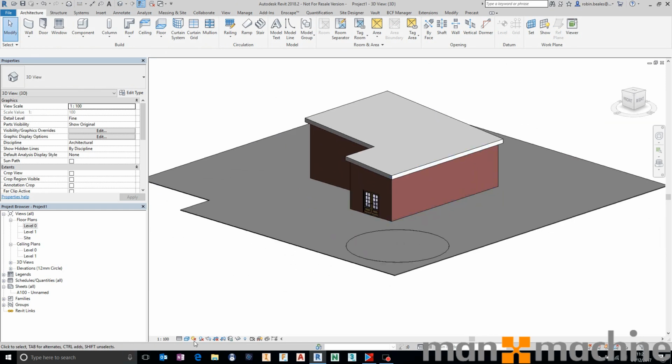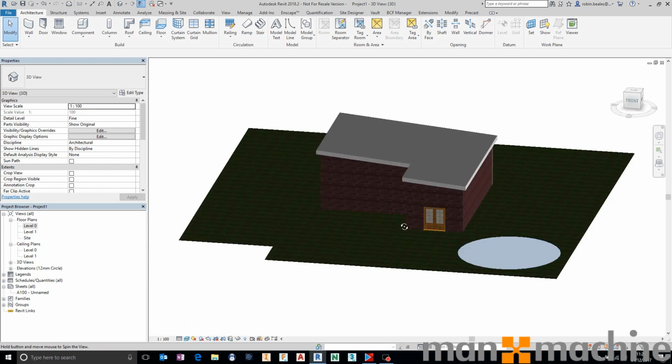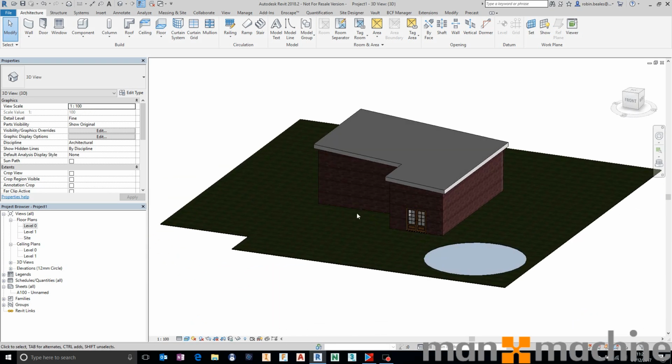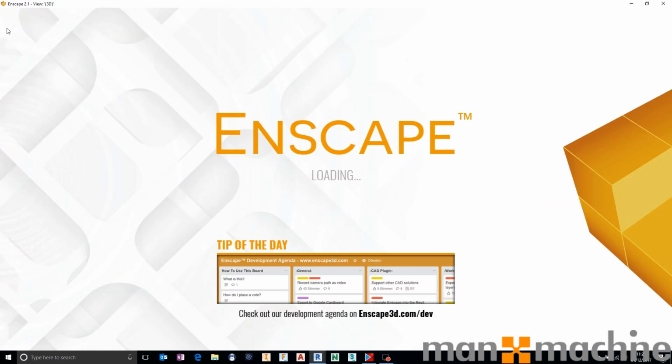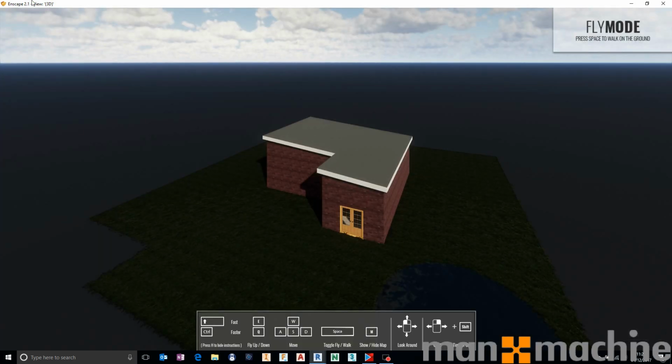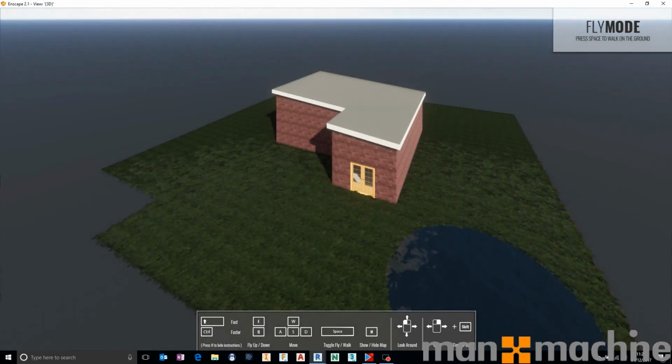Now from a Revit perspective, if I came in and turned on realistic, it thinks about it and it gives me something that looks very nice. There's nothing wrong with that. But if I just go into Enscape, 3D view, go, again literally it's one button. So I can press that single button, I wait for it to load, and not only has that gone in